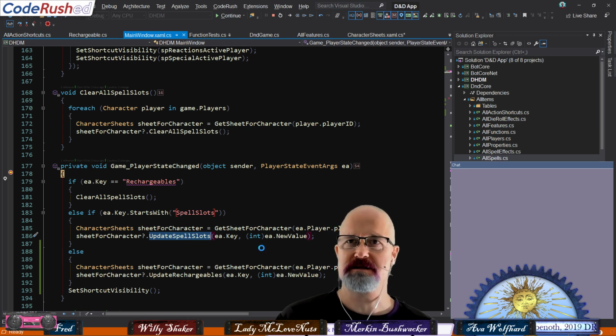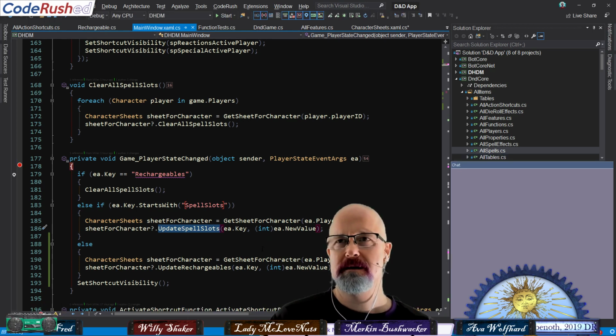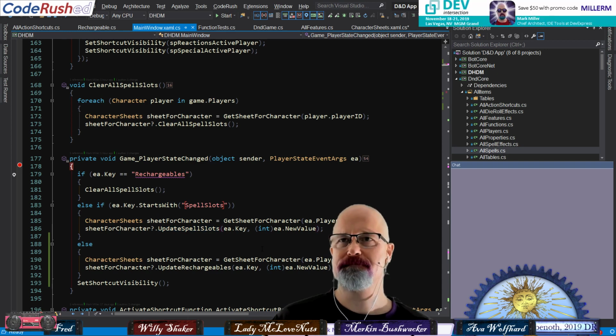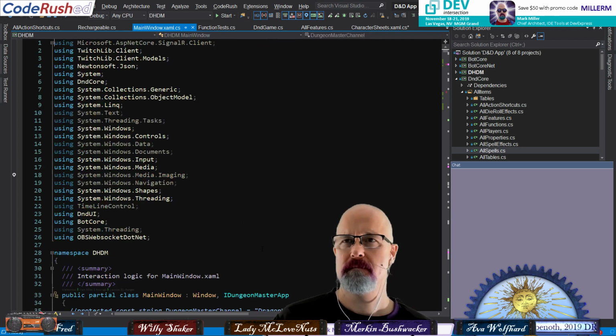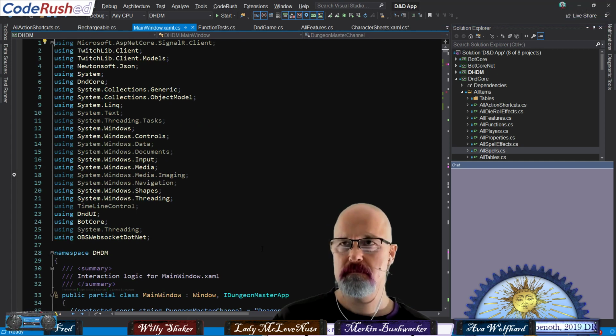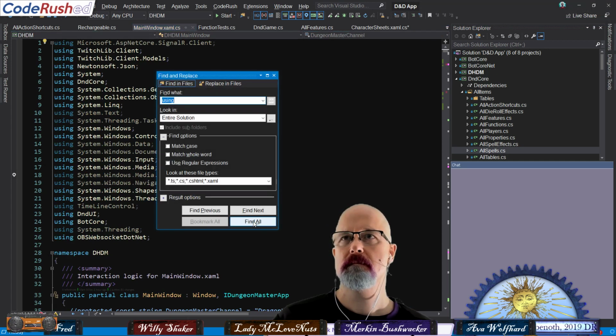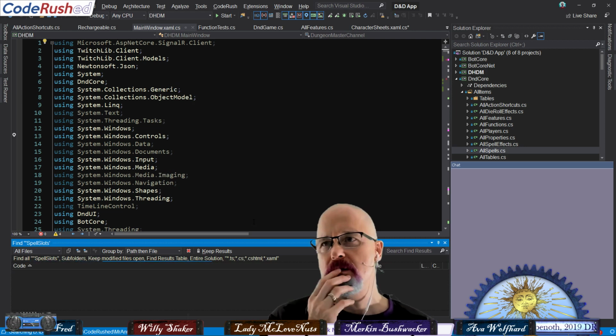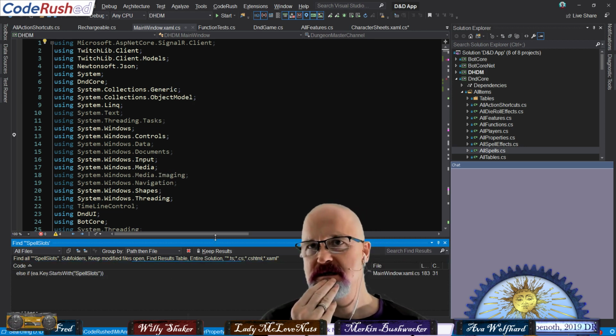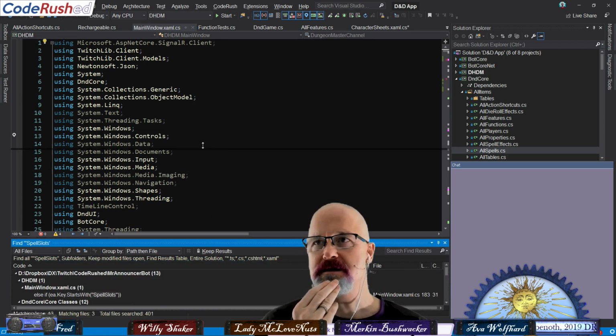I want to kill it again because I want to do some renaming here. I think what I want to do is see everywhere I'm using spell slots as a string.